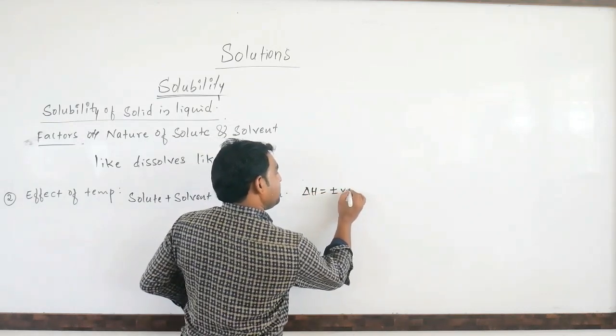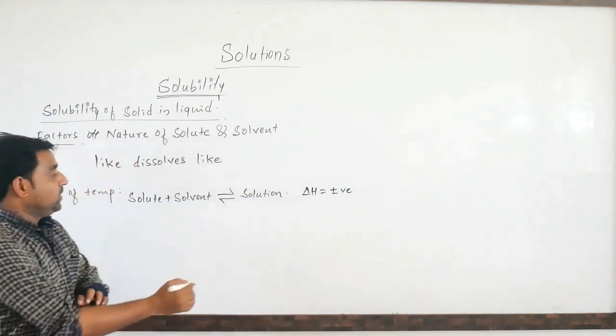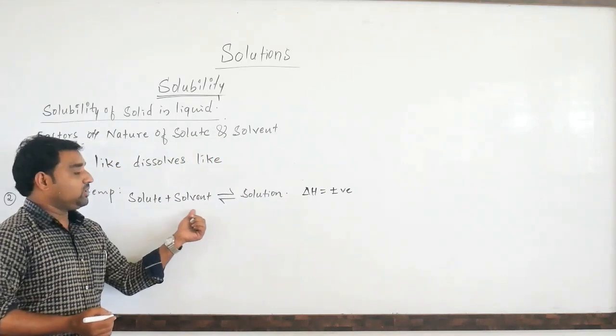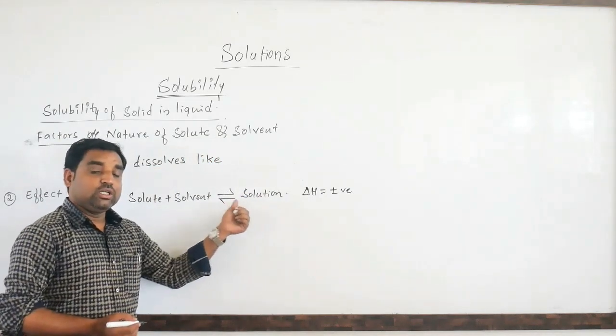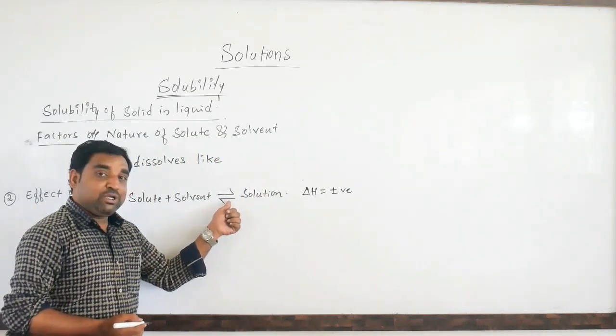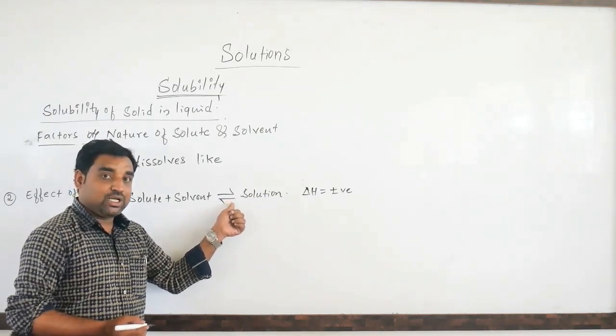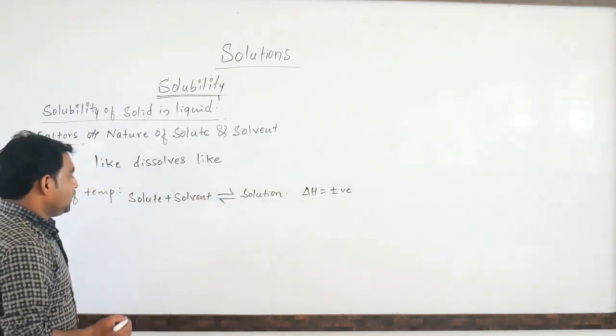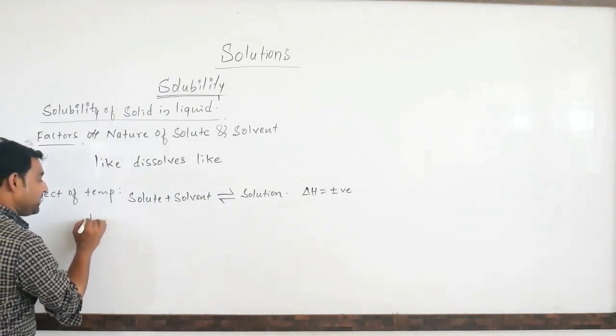Delta H will be positive or negative. So this solute dissolves in a solvent to form the solution. These two are in a dynamic equilibrium. So when we increase the temperature,